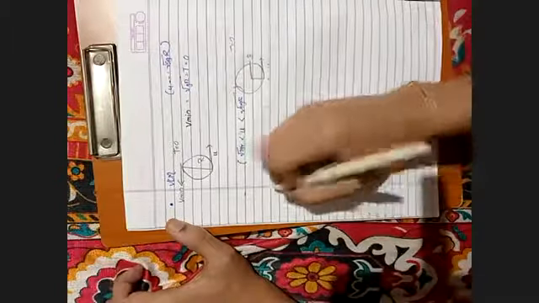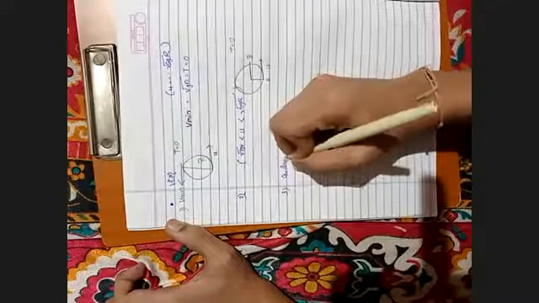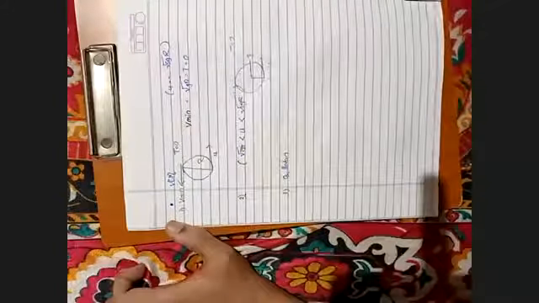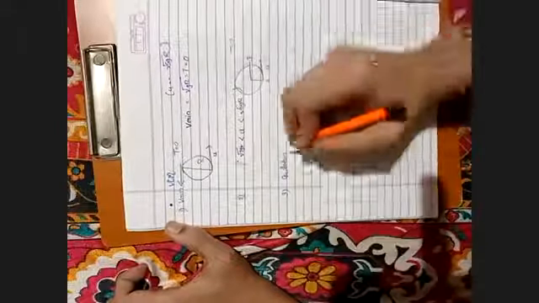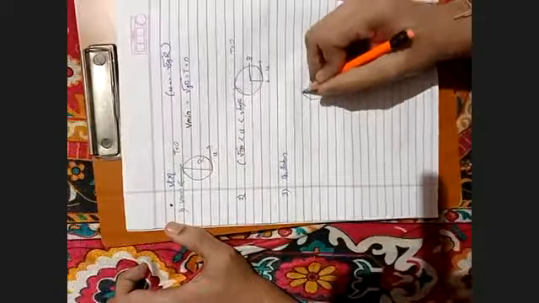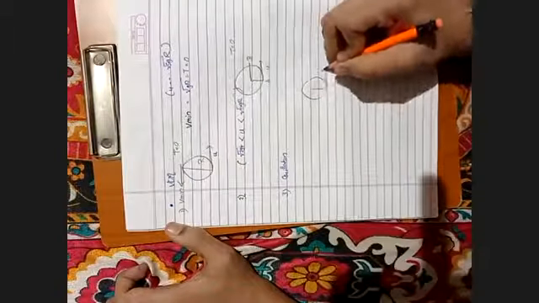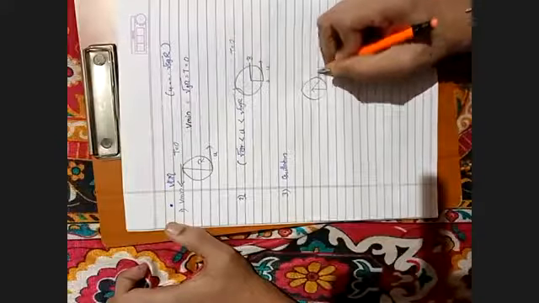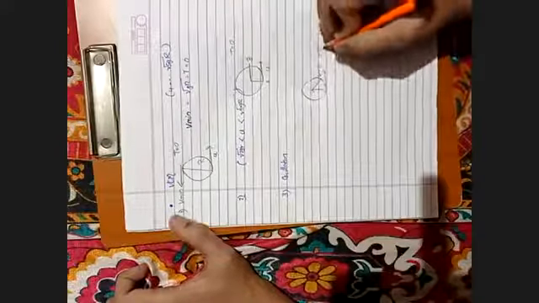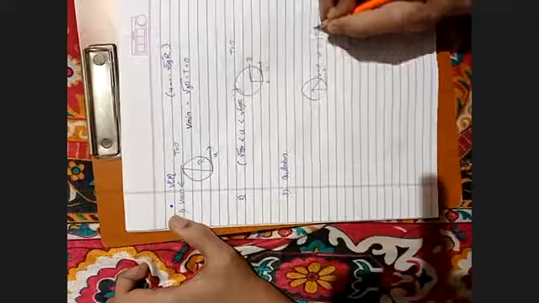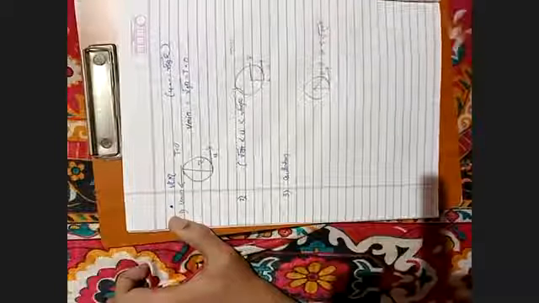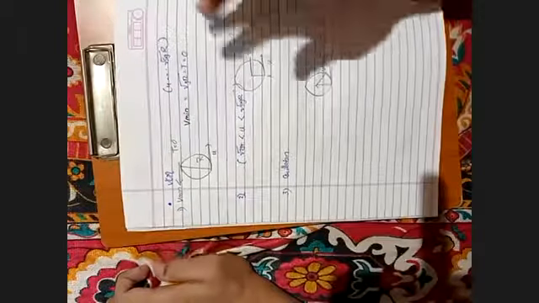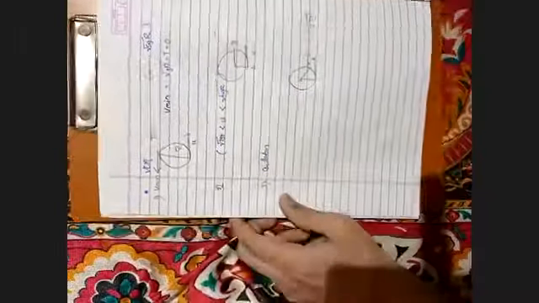So the third one is oscillation. Oscillation occurs when T is not equal to 0, that is, tension is not equal to 0. So I will be drawing a diagram for it. v is equal to 0 and u is less than or equal to root 2 gr. So oscillation occurs generally because T is not equal to 0. So that's it for oscillations.